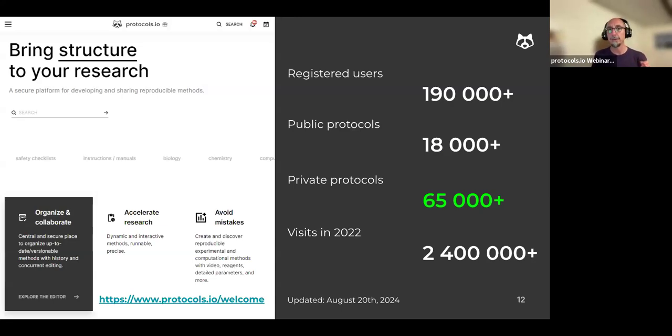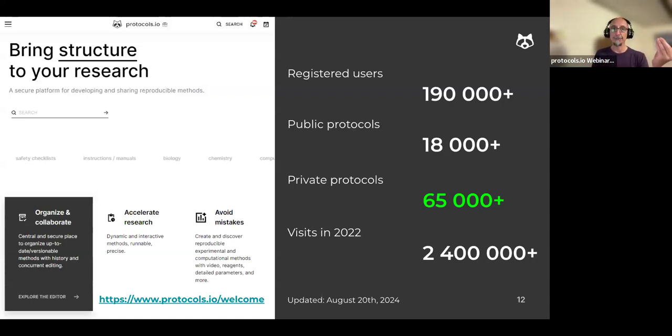65,000 private protocols which have been created by users who are developing, optimizing, and perhaps just sharing their protocols with their immediate colleagues. And this is our business model. We charge institutions for these private collaborative workspaces, and many universities, funders, and other institutions have such licenses.